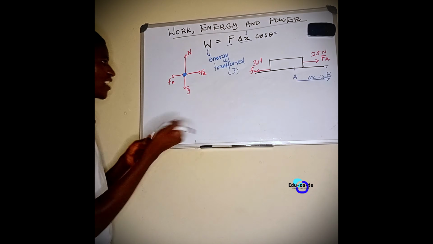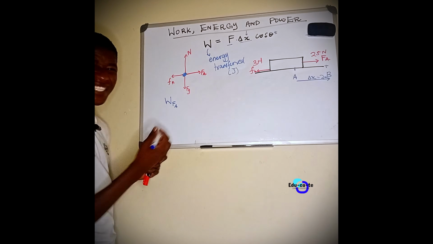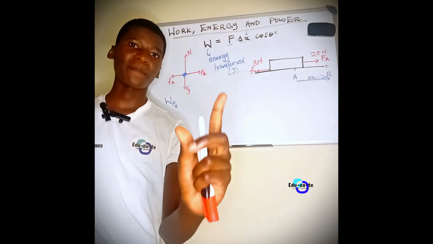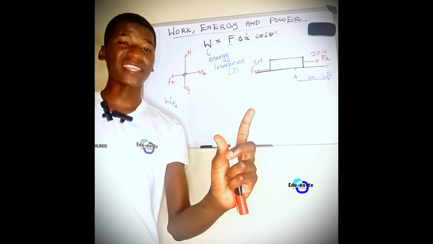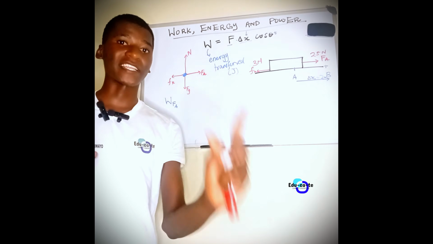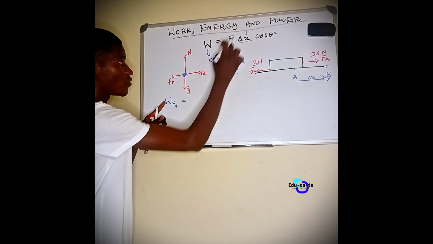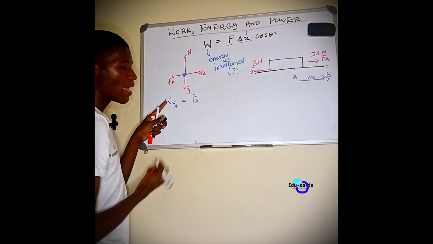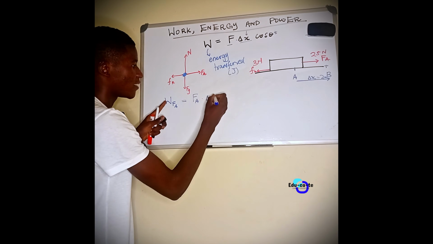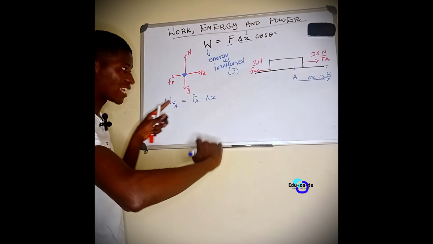So I can try to find the work done by the applied force. I don't just say work done, I say it's the work done by the applied force, to specify that this energy transferred, or this work done, is done by a particular force. In this case, the work done by the applied force will be equal to, according to this formula, my applied force multiplied by the displacement along the x-axis, since the object is moving horizontally, right?